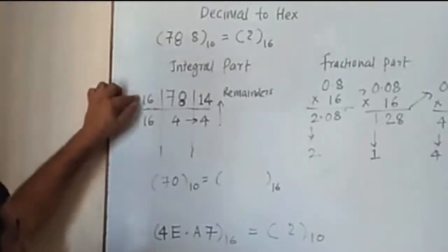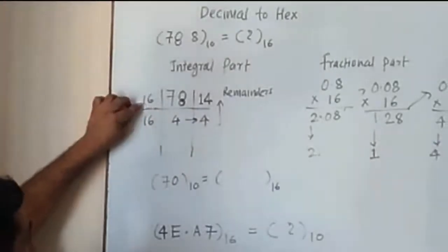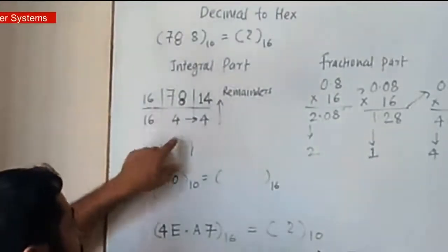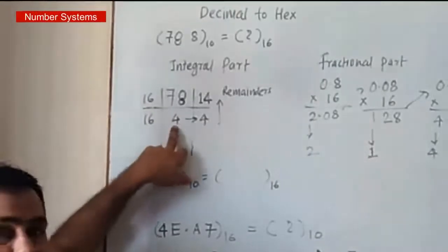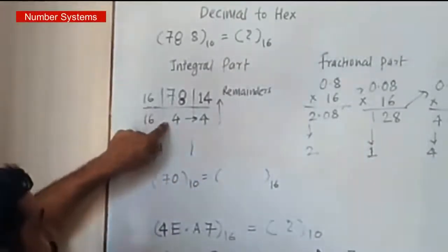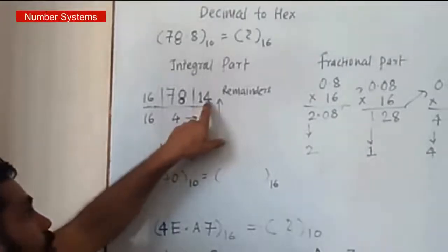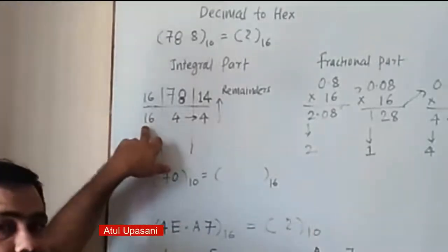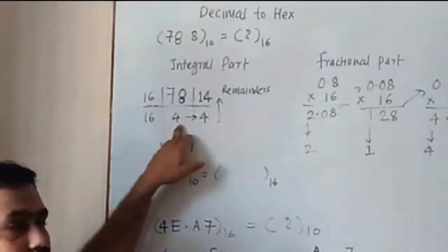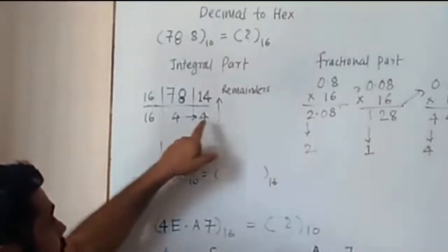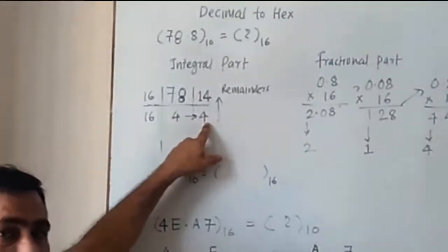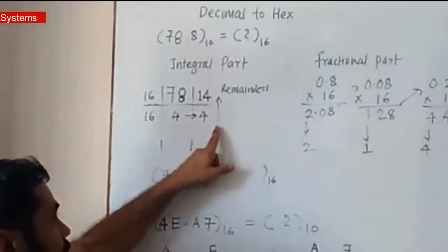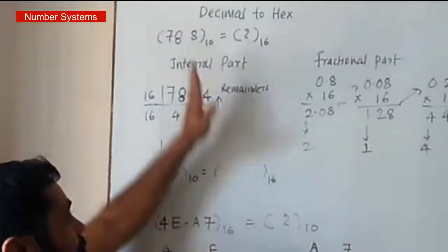So we have to take 78 here. We have to divide it by the base of the hexadecimal number system, which is 16. So 16 fours are 64. So 78 minus 64, the remainder will be 14. So 14 is noted here. Again, this quotient has to be divided by 16. But 16 is greater than this quotient, so this smaller number has to be written as it is, just as we did in the conversion of decimal to binary. So here 4 is written as it is. So these numbers have to be written in the upward direction.